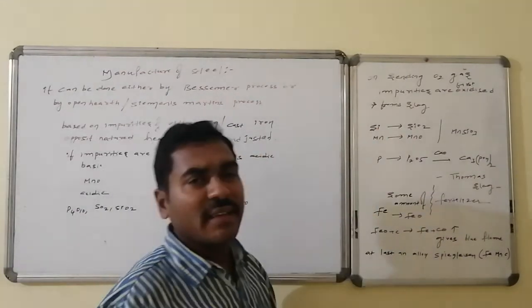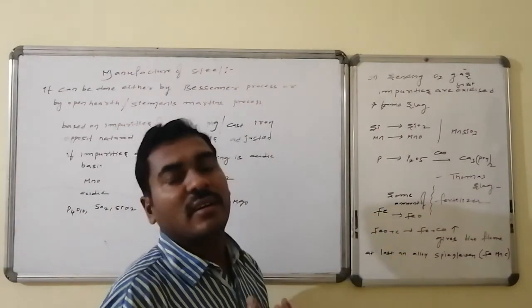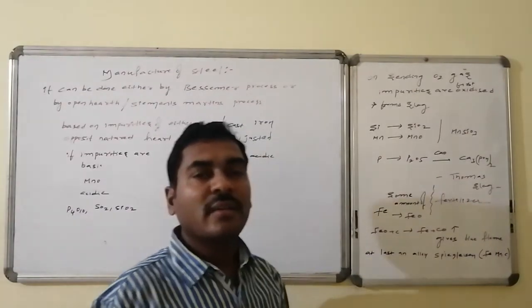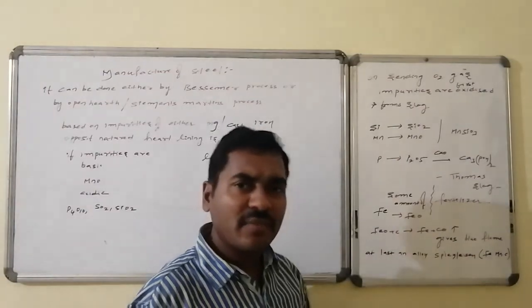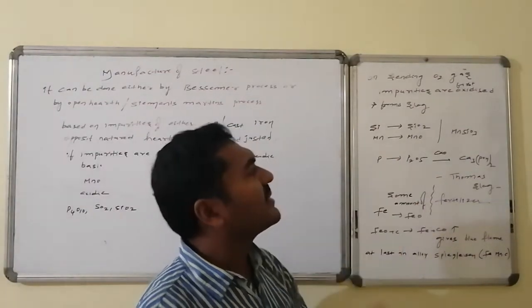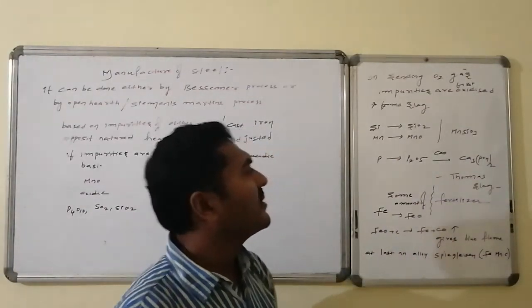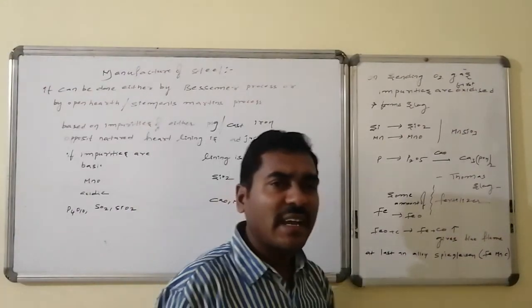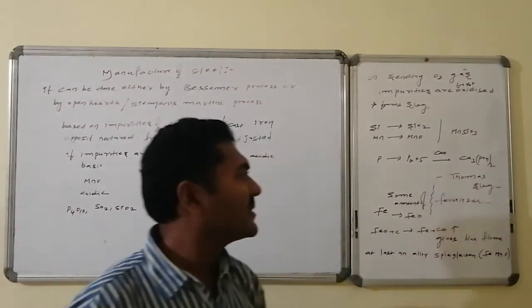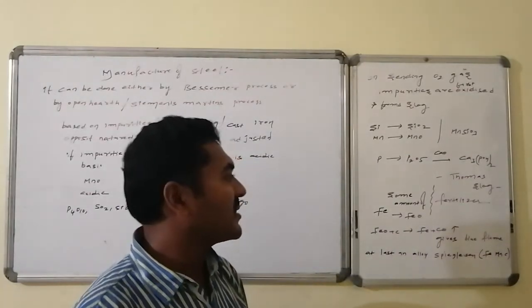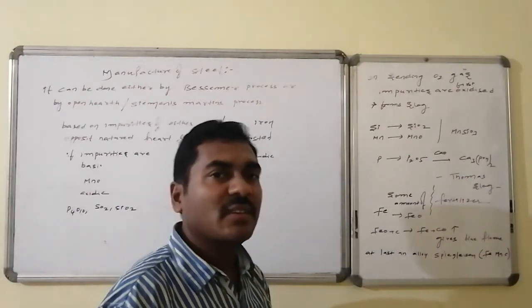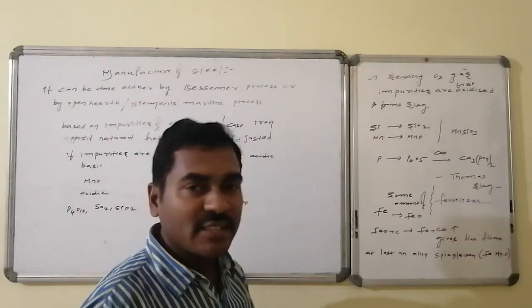These oxides can react with the bricks of the hearth lining. Otherwise they can also interact with one another if both are present. Thus manganese oxide and silicon dioxide form manganese silicate. Phosphorus combines with calcium oxide to form calcium phosphate, and slag formation takes place. This slag is said to be Thomas slag, which is used in fertilizers also. And some amount of iron also undergoes oxidation to ferrous oxide, as we said.